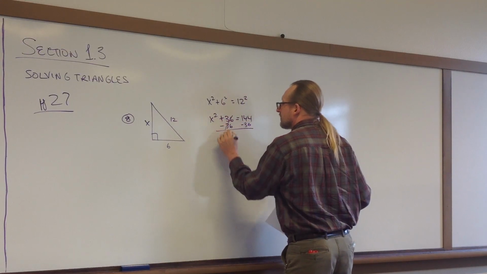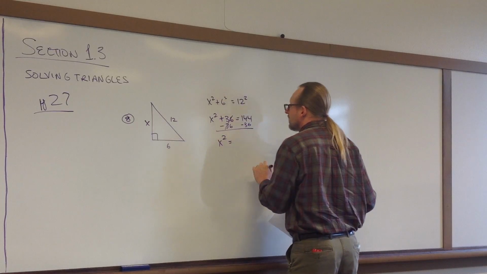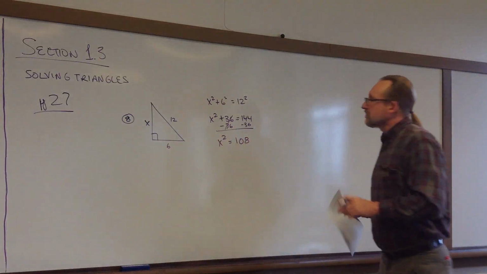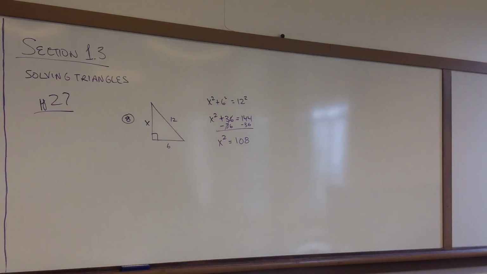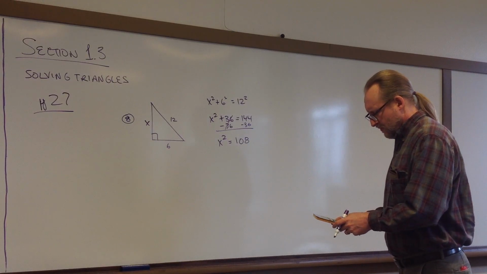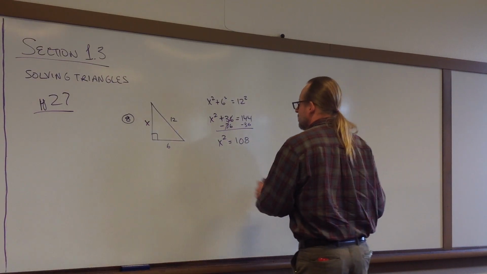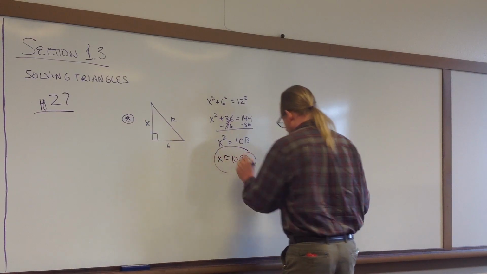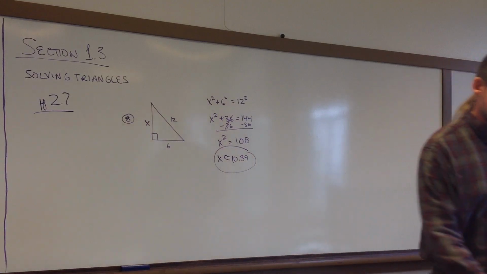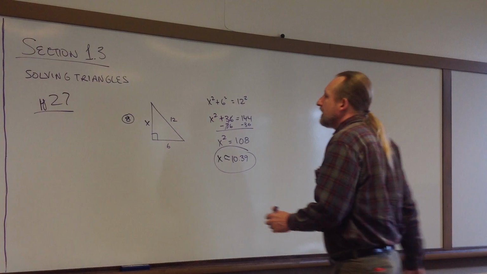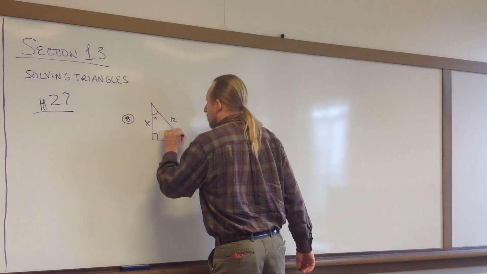Move this to the other side. X squared equals, oh, what is this? 108. Okay. So square root 108 to the nearest hundredth, 10.39. Okay. All right, so now we've got all three sides, and now we need to find the angles, alpha